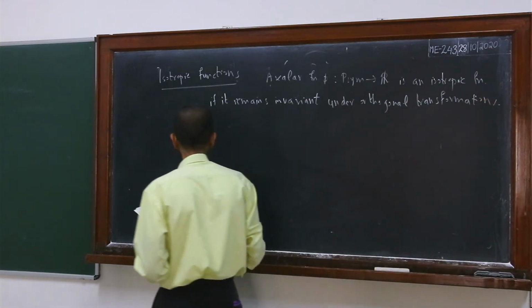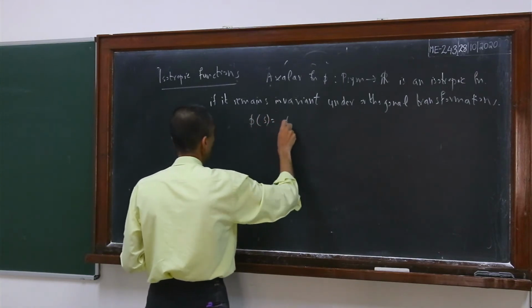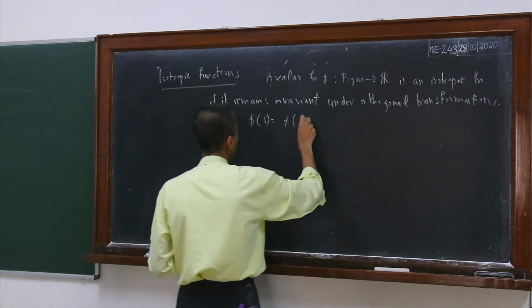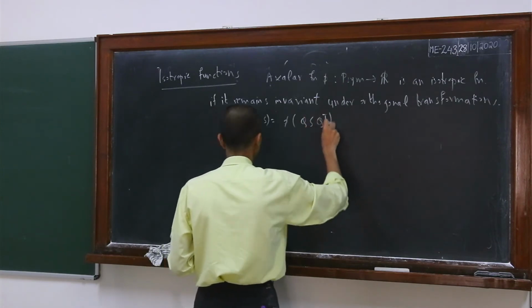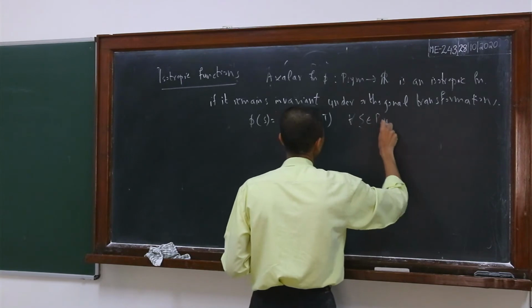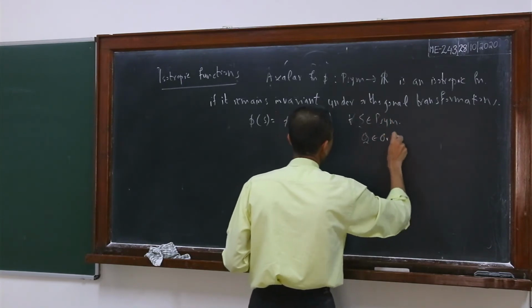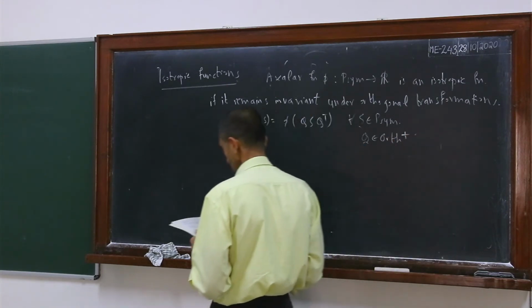So that means phi of S is equal to phi of Q S Q transpose for all S belonging to P sym and Q belonging to the orthogonal class. Okay,